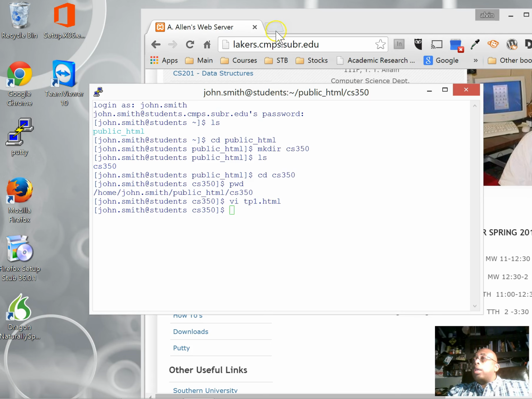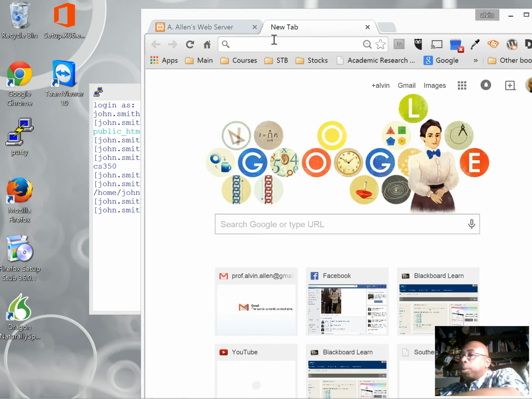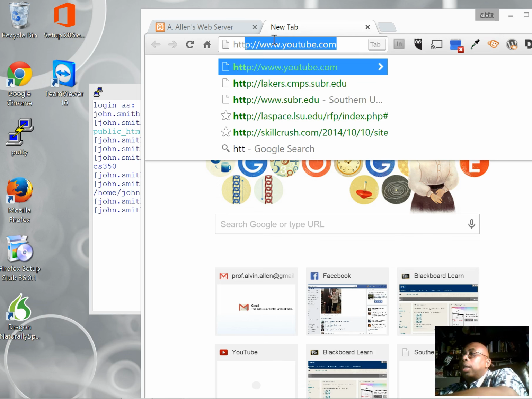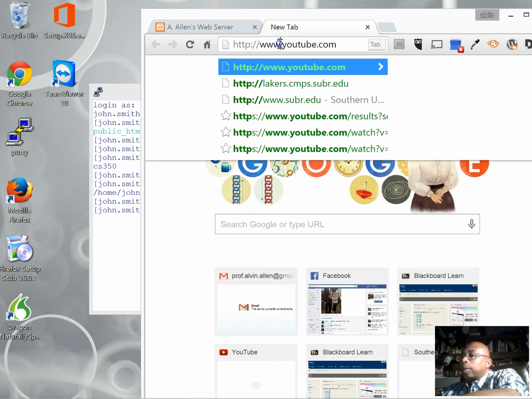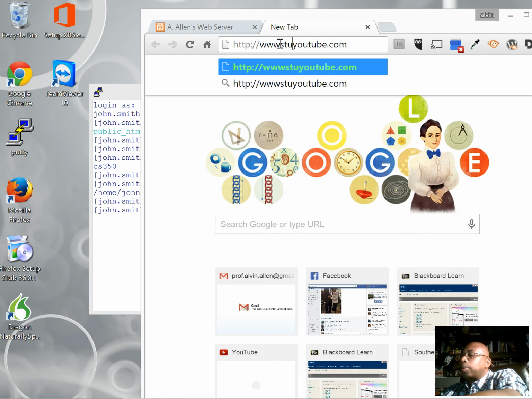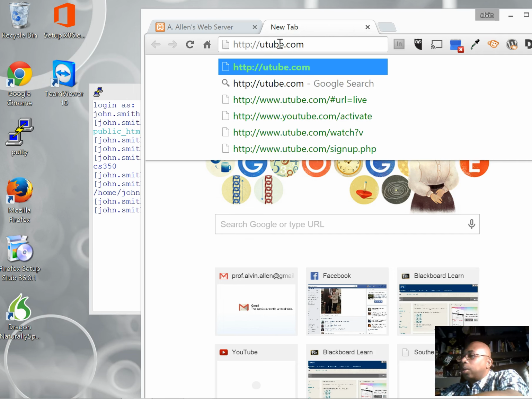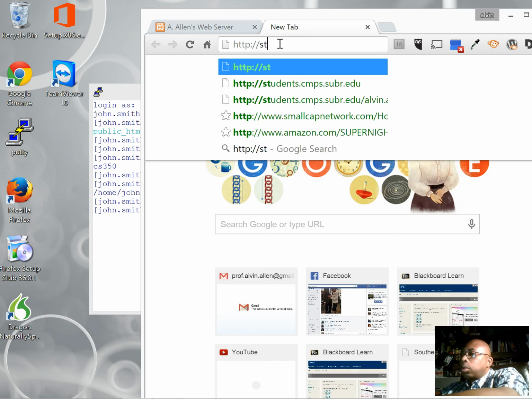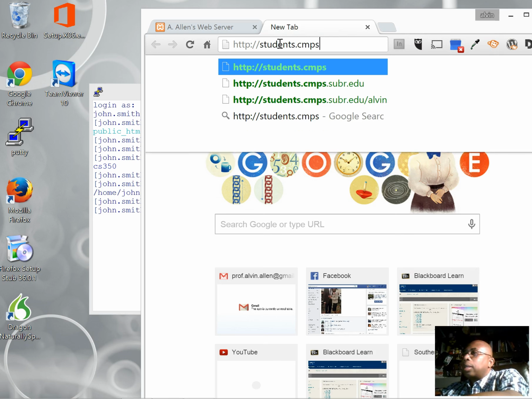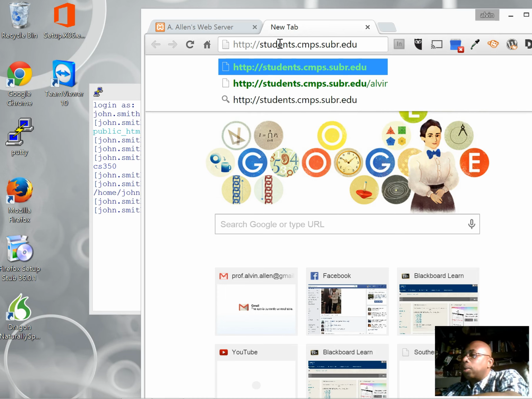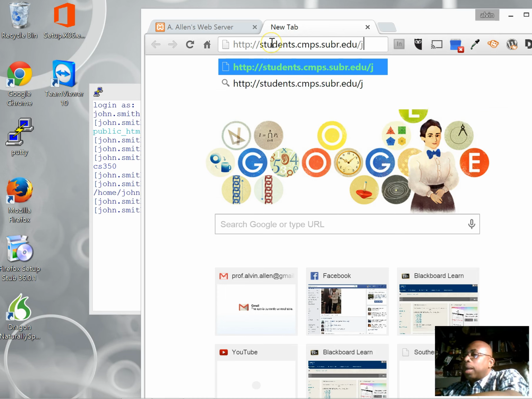So now we can go on the internet. I opened up a new browser, http://students. Okay, I'm messing this up. Let me get all this stuff out of here. students.cmps.subr.edu/ my name, and my name right now is John.Smith/